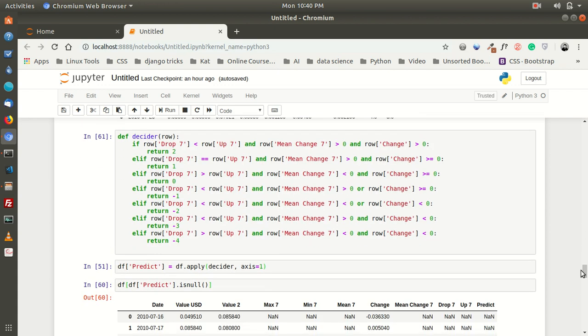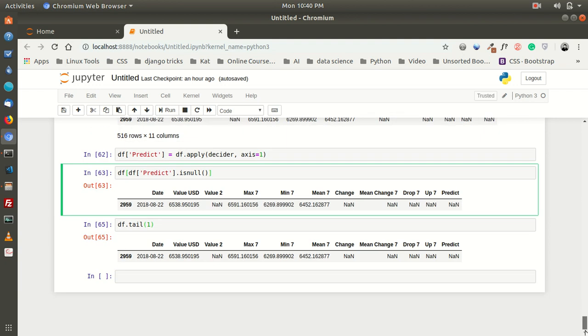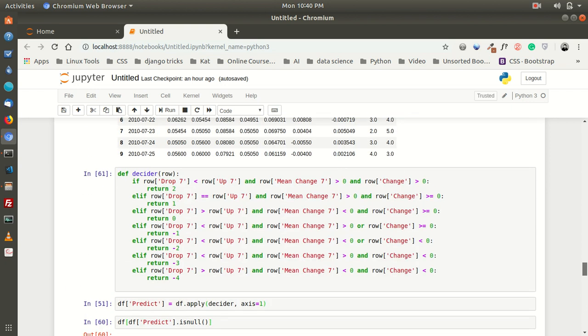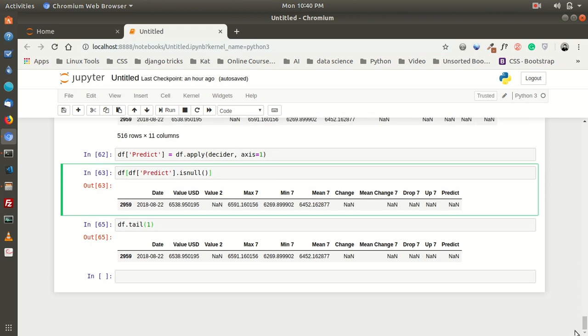So one more thing I want to say with this one is, this is not a rolling application. This actually compares per row. So on that row, it checks the drop, row up 7, mean change 7, and change 7. So unlike a rolling, if you check now with an example which actually has all the data,